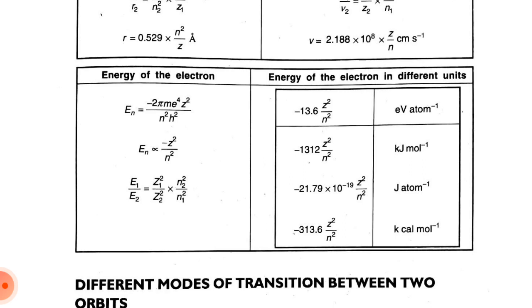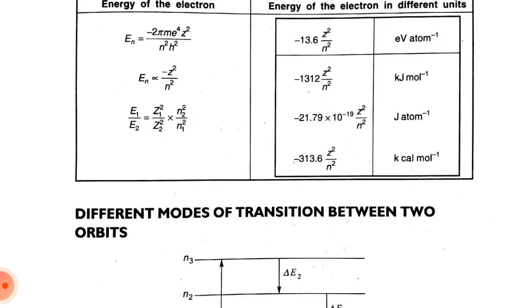Energy of the electron in different units: minus 13.6 Z² upon n² electron volt per atom. Minus 1312 Z² per n² kilojoule per mole. Minus 21.79 × 10^-19 Z² per n² joule per atom. Minus 313.6 Z² per n²